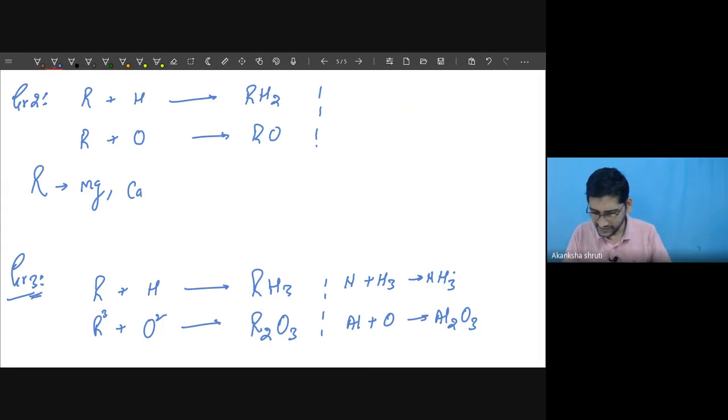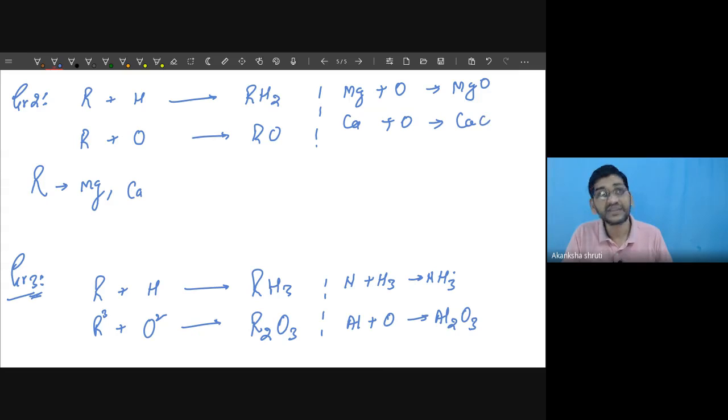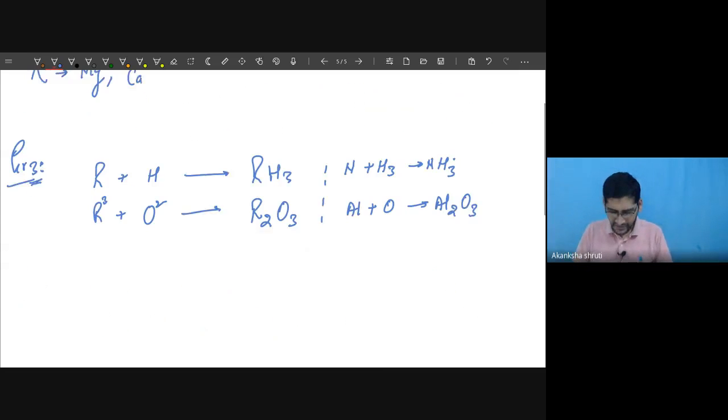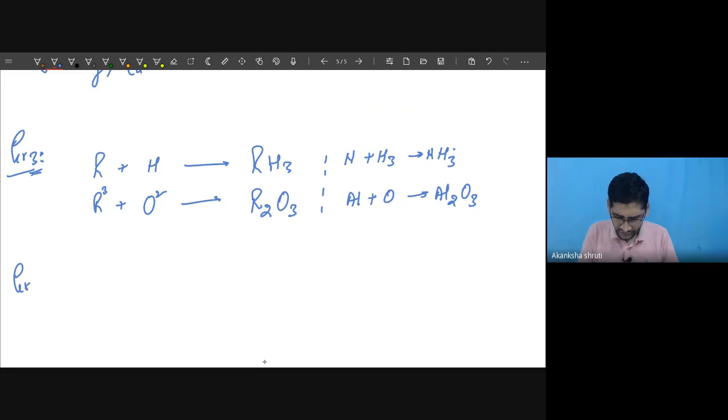How they have written, I think these things are not written in your book, but how it is placed, you can understand it by taking this. MgO, calcium plus oxygen, CaO. Okay, student. Let us come to group number 4,